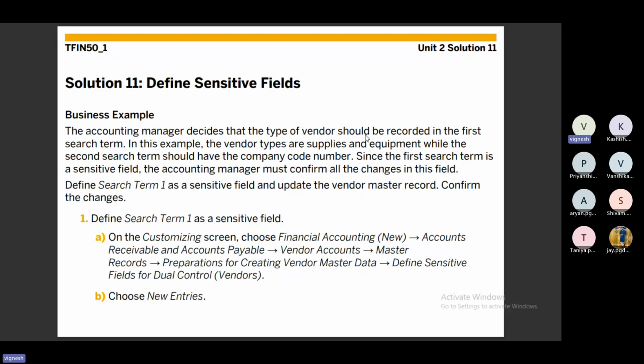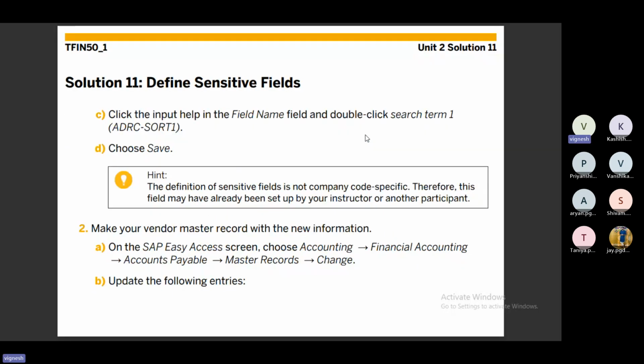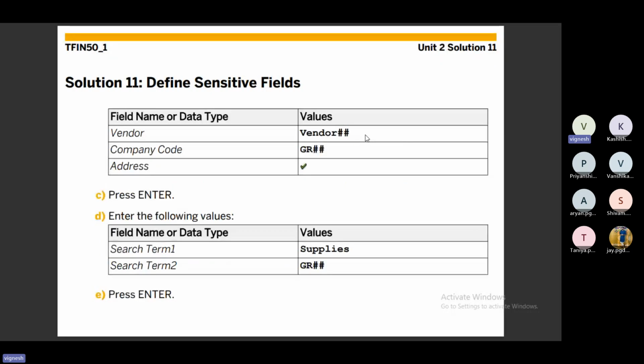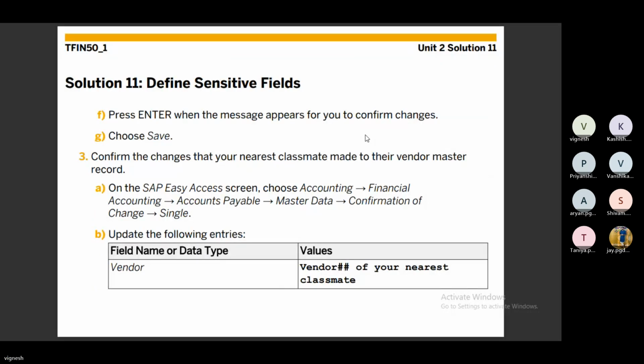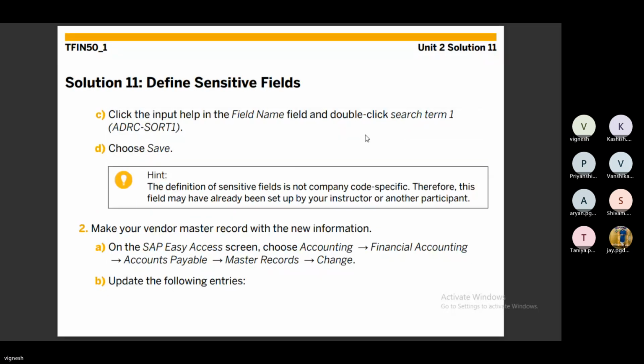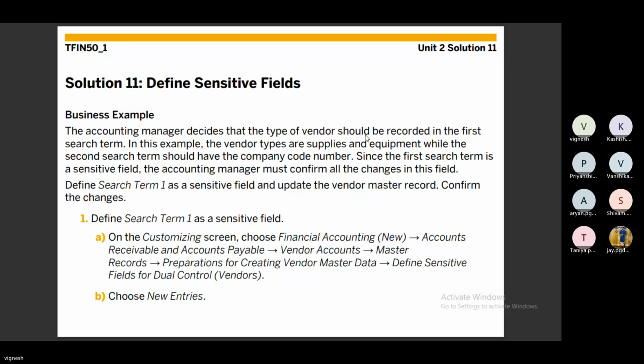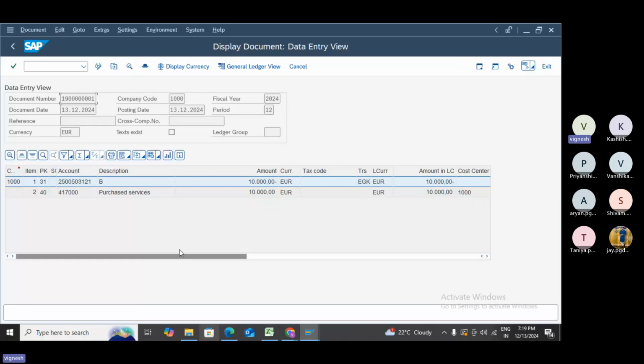So I'm going to do that. Okay. So in the easy access screen, we want to do the master data changes. So define sensitive fields for dual control for vendors. Okay. In SPRO, the /n, that is exit,